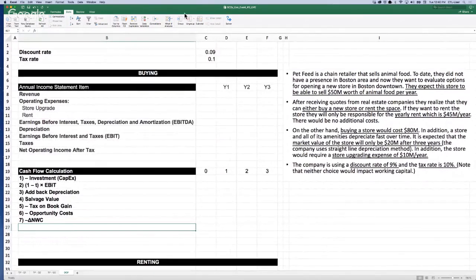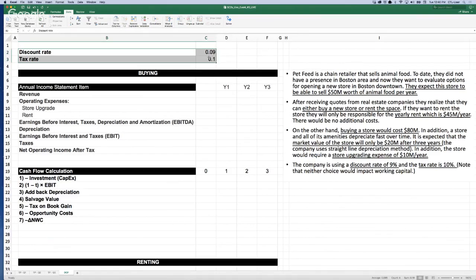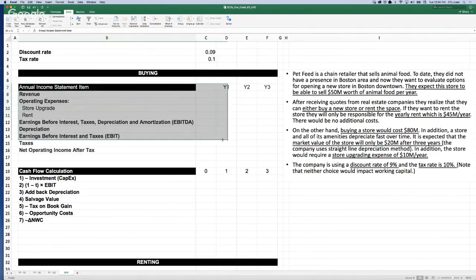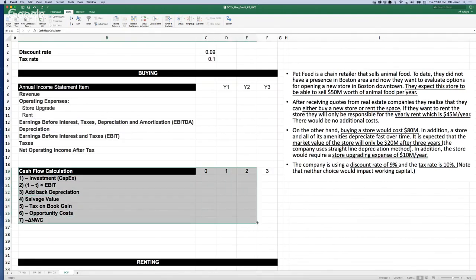Okay. So really, like I said, there are two options, buying and renting. So let's do it for the option of buying the store, and then we'll do it for renting. The good thing is that the process is the same; the numbers would change. Here you would see a template that I've already created. We have the discount rate and tax rate mentioned here. This is the table that has been given to you as a starting point. And then here I have a framework I like to use for NPV calculation, and we'll talk about it once we reach that point. But let's start by first populating this table.